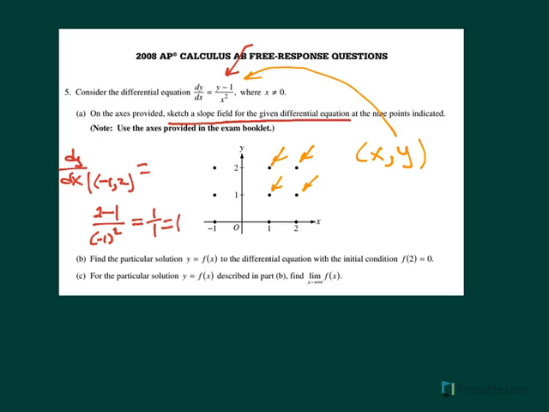So to answer that, you're going to want to do your best to represent a slope of +1. So it should definitely be a positive slope, and it should be about a 45-degree angle to represent a slope of 1 traveling through that point. And then you'd want to do that for all the other points on the graph. And for part B,